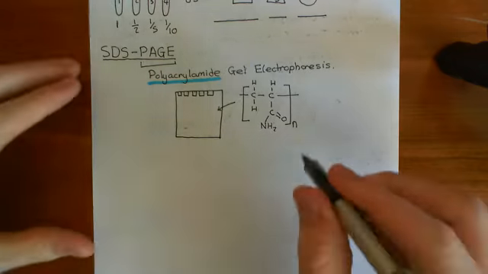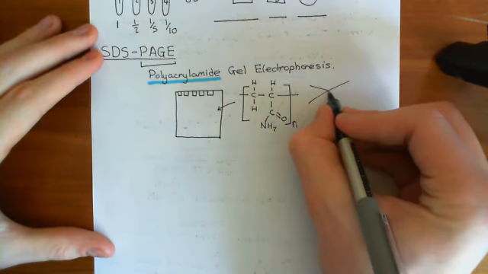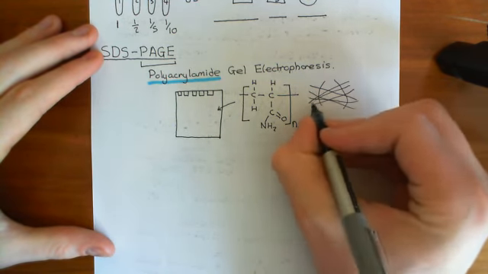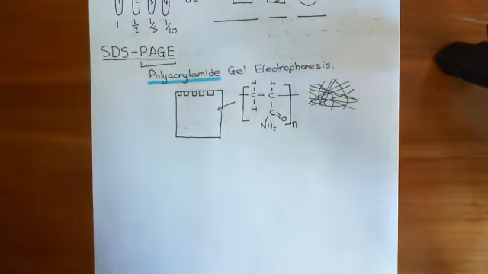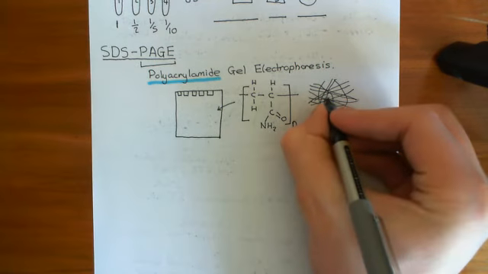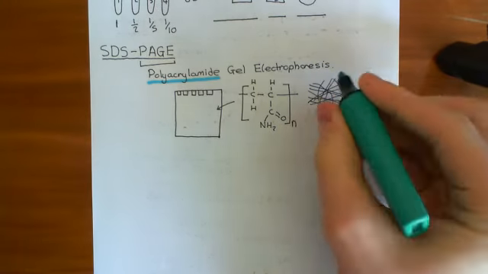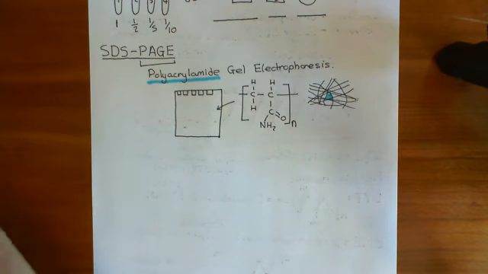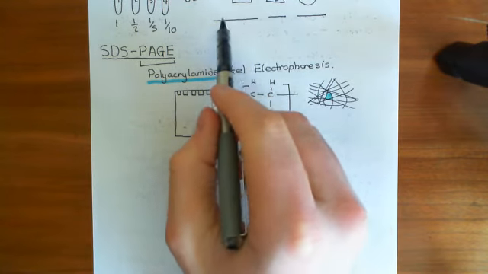Basically, to explain this gel, you have got these huge great polymers running everywhere, forming a meshwork, like so. In this gel you have a meshwork of these polymers, and this creates little pores through which things can move. So for instance, this here, which I'll highlight in turquoise, is a little pore through which things can move. The idea of gel electrophoresis is that you are going to make your proteins, your denatured proteins,